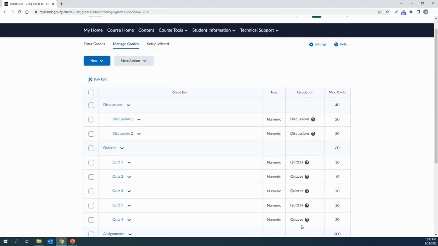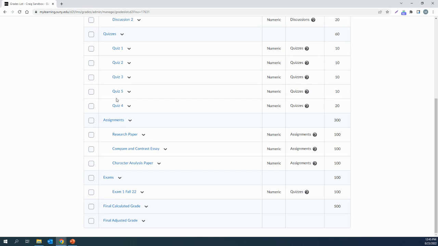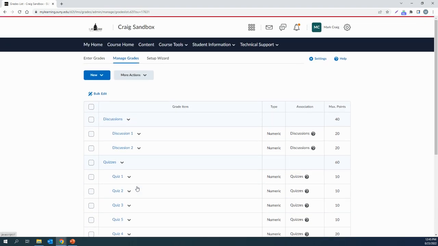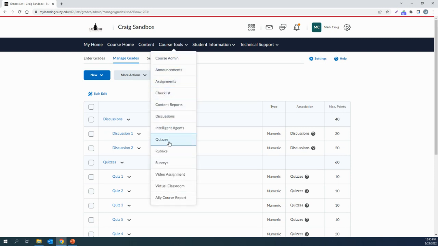There's nothing unlinked, but there might be some things in here, for example, quiz 6 that are supposed to be in here that are not. So if you come into that problem, just go to the assignment or quiz or discussion that should be in the gradebook, find it under course tools. In this case, we'll go to quizzes